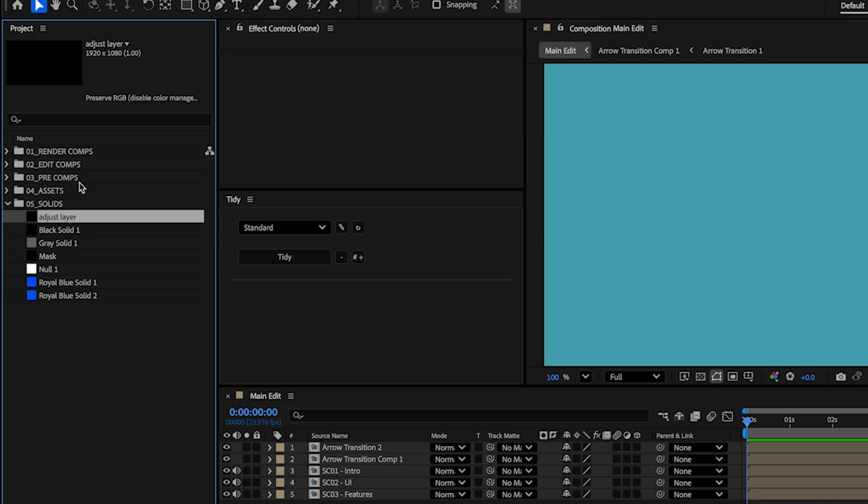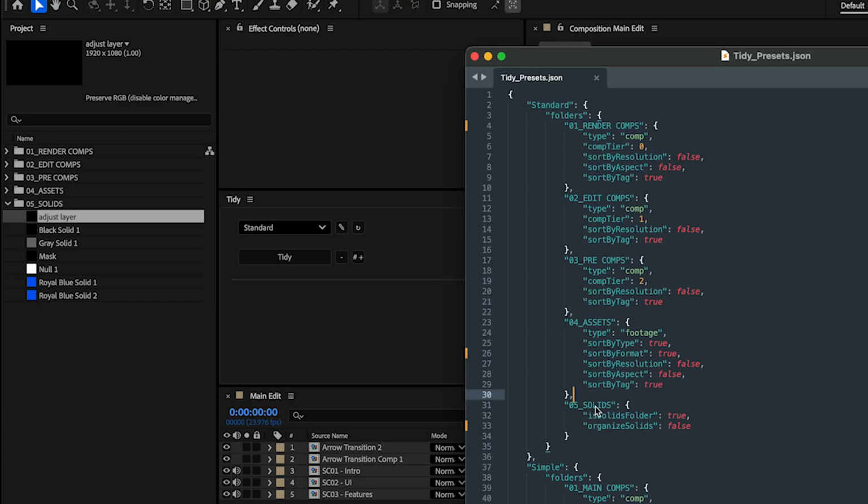Solids are pretty straightforward. You want at least one solids folder, but you can't have multiple solids folders. After Effects only has one solids folder in the project. If I set sort solids to true,